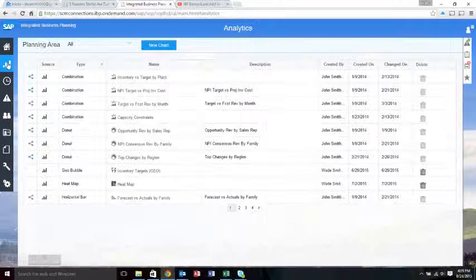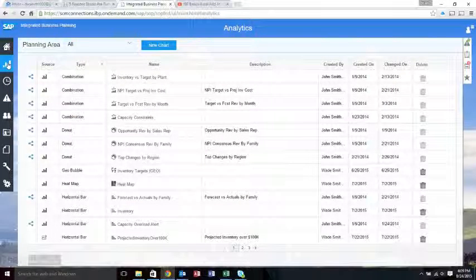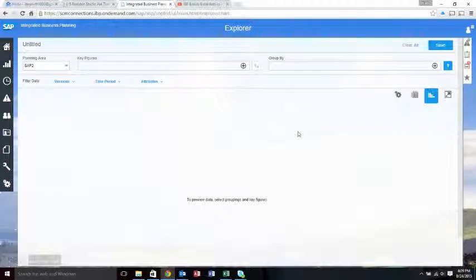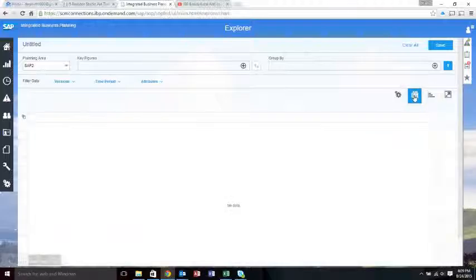If you actually wanted to make a chart, or if you had security to do such, you have a list of all these charts that are available, and you can create a new chart. Again, pretty simple. Select your planning area, key figures, and what levels you want to group by. There's actually quite a few